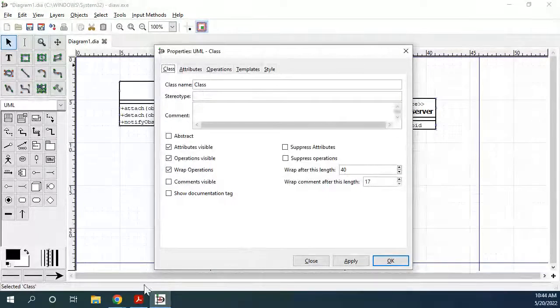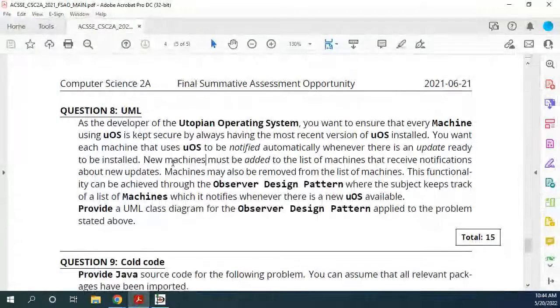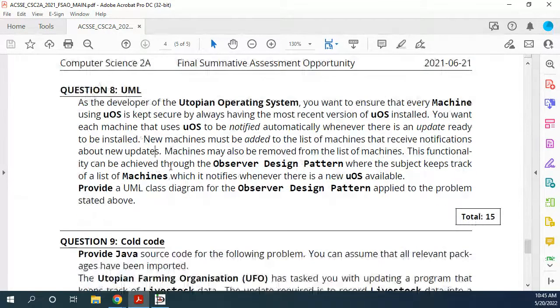Now we need to check the classes that we provided in the question. So in the question, we have a class called UOS. We have a class called machine, right? So the one thing that we need to keep track of here is that we want each machine that uses this to be notified automatically when there's a new update, and then they can also be removed by the,